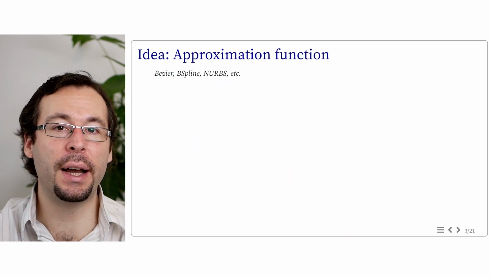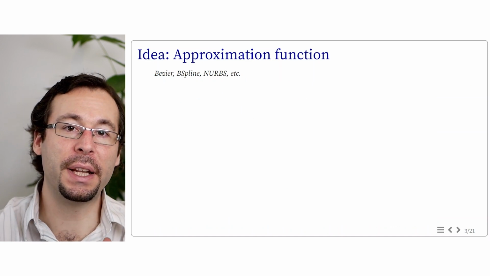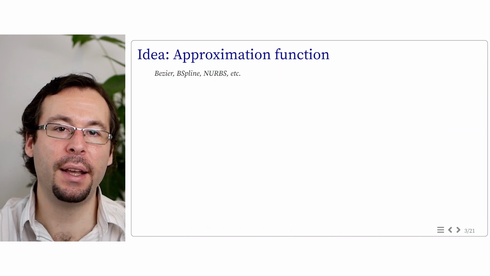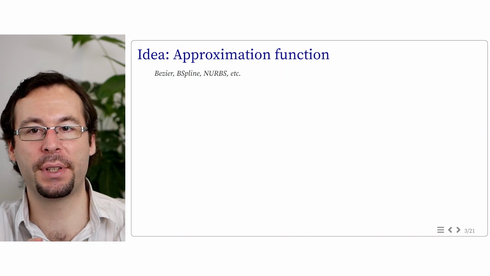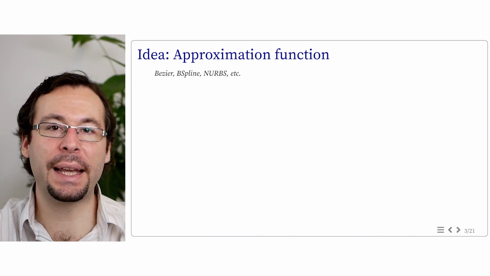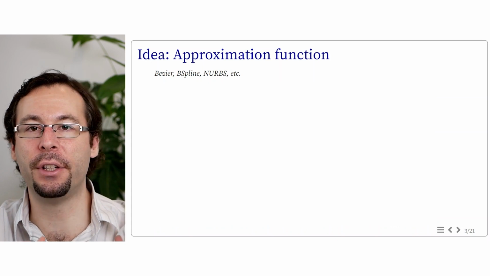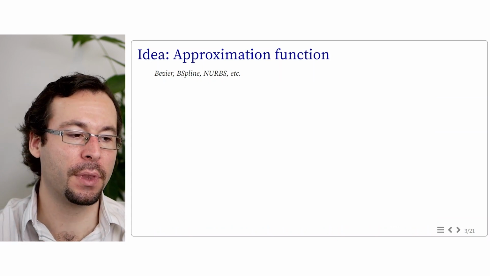And actually, the idea is to use a standard smooth approximation function. Note that in this case, I will use approximation with respect to the grid and not necessarily interpolation as we saw for keyframes. As we are using a Cartesian grid, we can use the standard Bézier or B-spline or NURBS functions. So I will do a short reminder with Bézier.